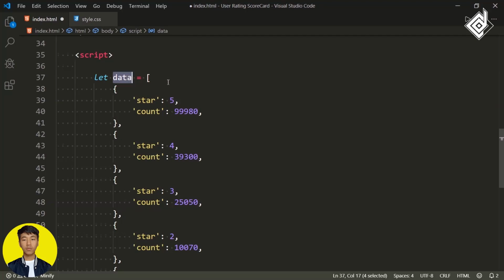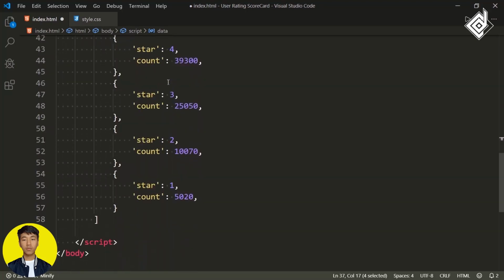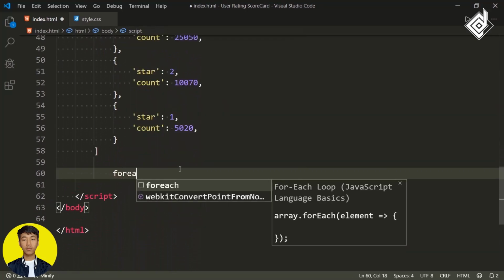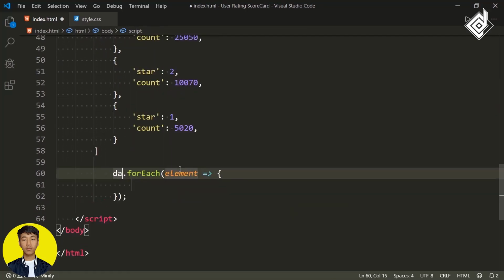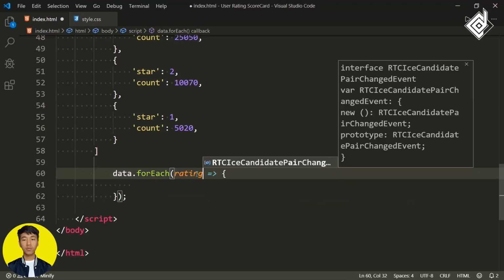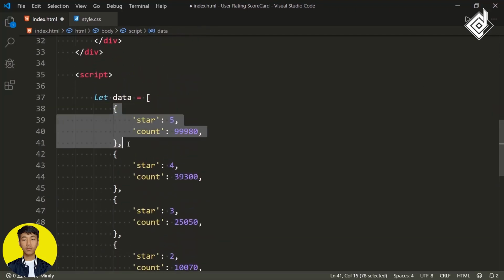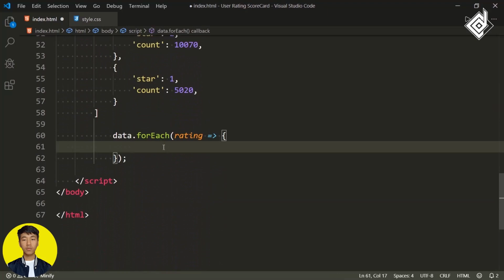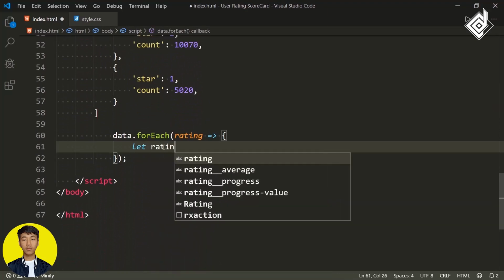So now you can iterate this sample data. For that, I'm using a forEach loop. For the array you can give your data, and for each data you can give your own relevant name. I'm giving rating, so that rating represents each individual element within our array. Now within that callback, let's create a ratingProgress variable,